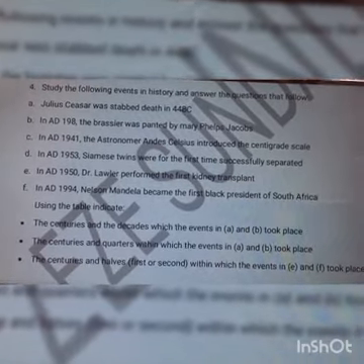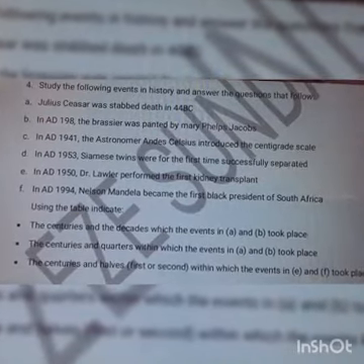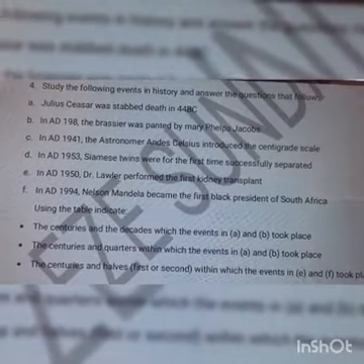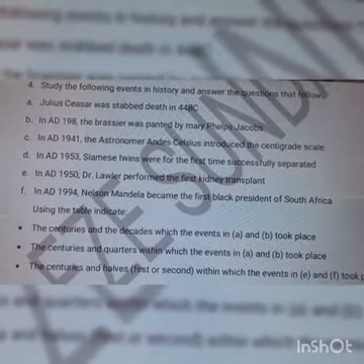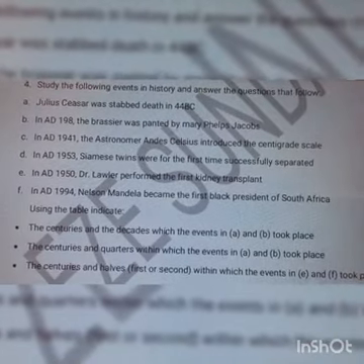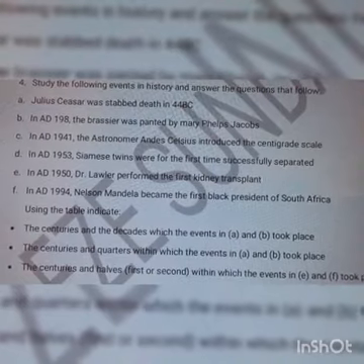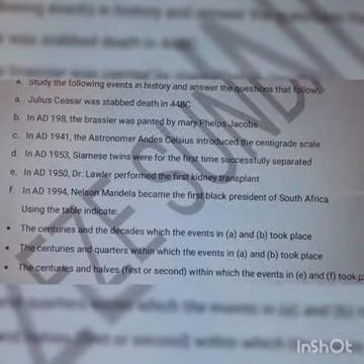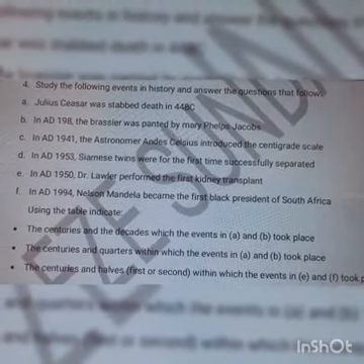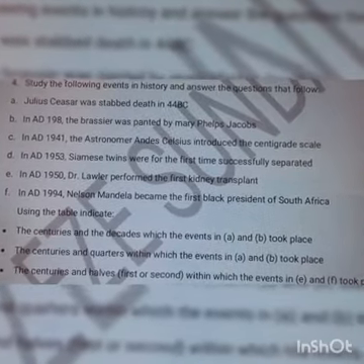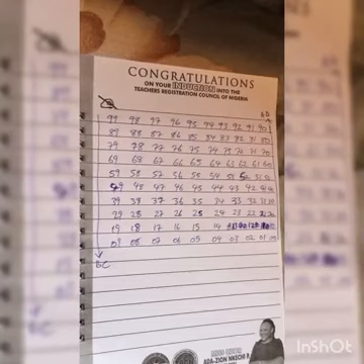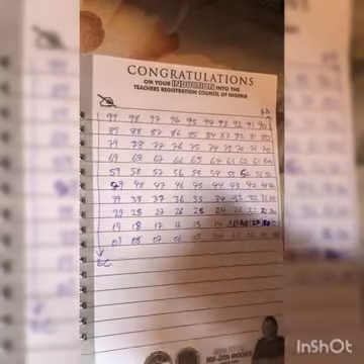So in order for us to be able to understand how to solve time computation, we shall be looking at this particular question. The question says, study the following events in history and answer the questions that follow. A. Julius Caesar was stabbed to death in 44 BC. B. In AD 198, the brazier was painted by Melifes Jacobs. In AD 1941, the astronomer Celsius introduced the centigrade scale. In AD 1953, Siamese. So when given time to compute, you first of all draw a table like this,